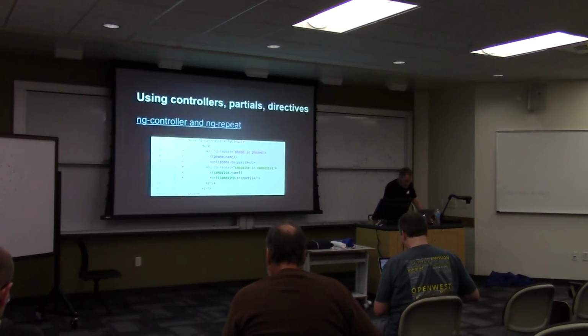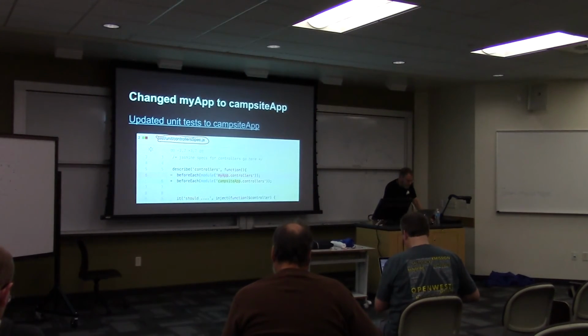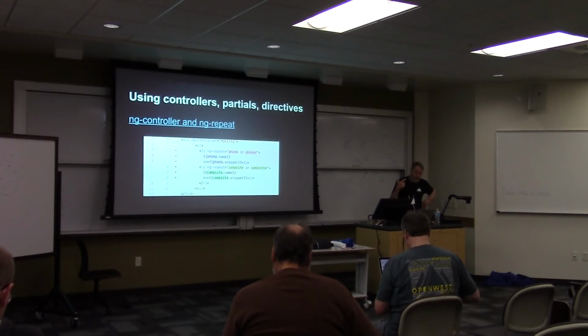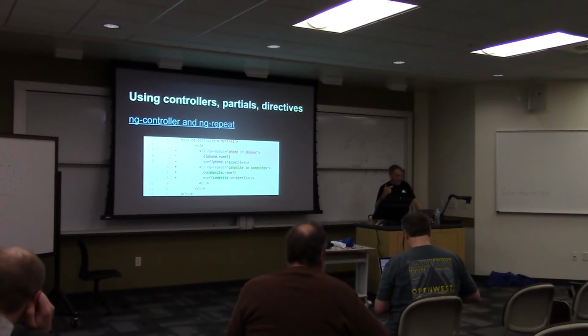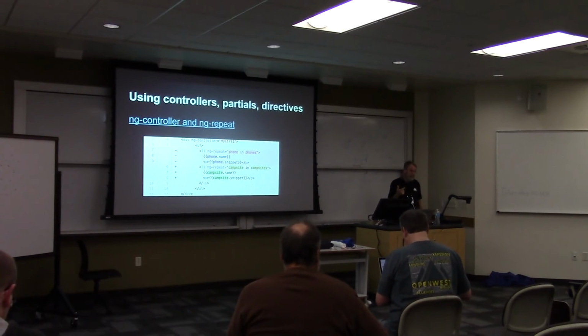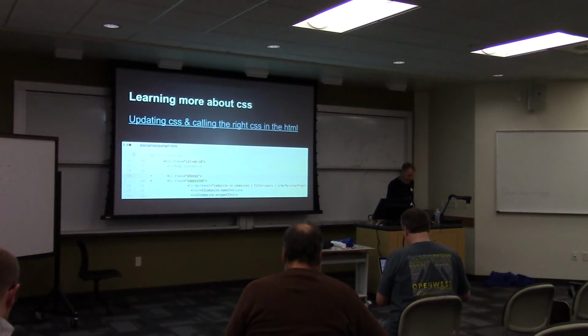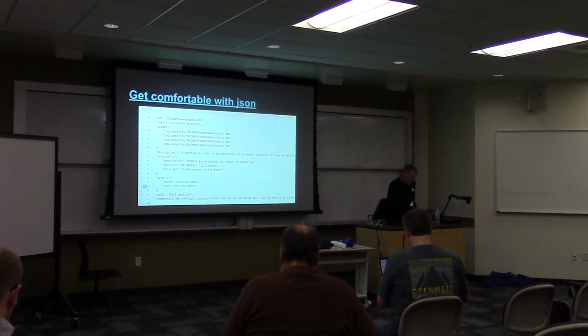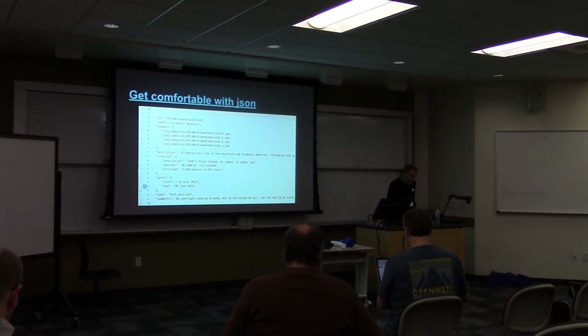Let's see, what was that one? Okay, a lot of learning on how to build your own controllers. How do these controllers work? Just the exercise of changing all the names to my particular names, and I call this my campsite app. So a lot of little learning experiences, and I had to build my own JSON files